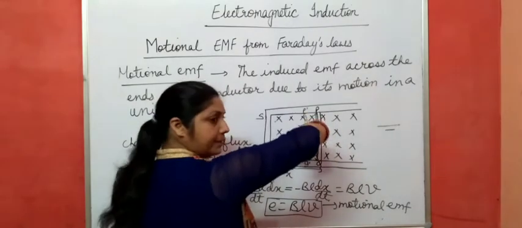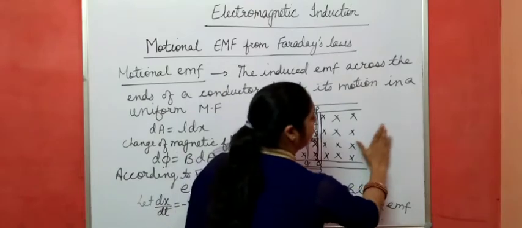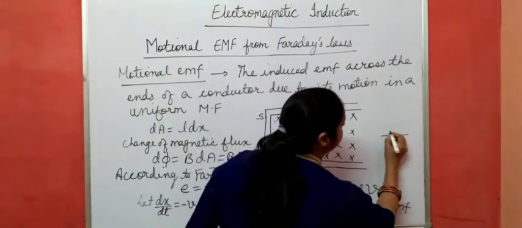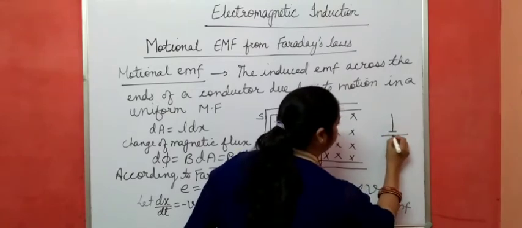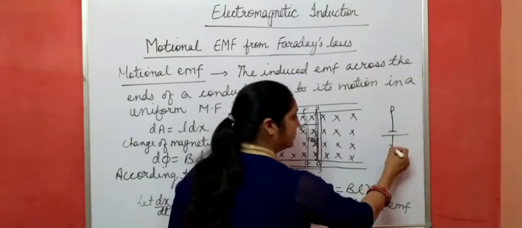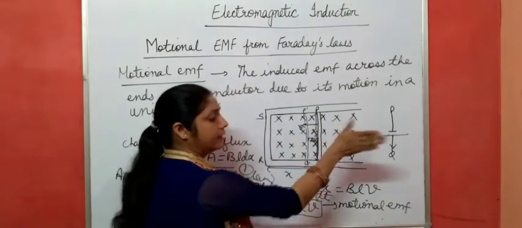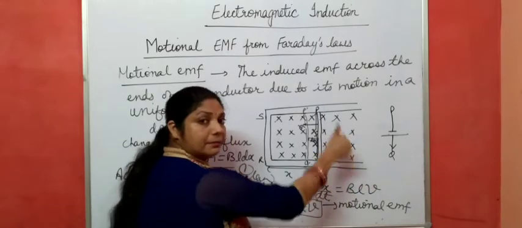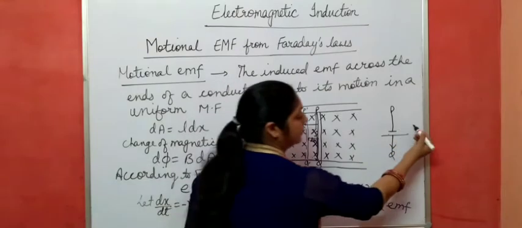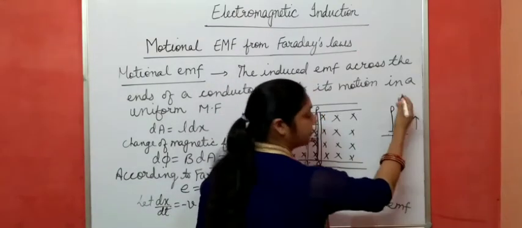So this thumb represents the direction of the positive terminal. In this case, PQ, the positive terminal is this side and the negative terminal is this side, right? This is the conductor, and current flows in this direction. If the motion is towards this side and the field is this side, the thumb points upward. In that case, the positive terminal is this side and the negative terminal is below that one. So the direction is opposite to this one.